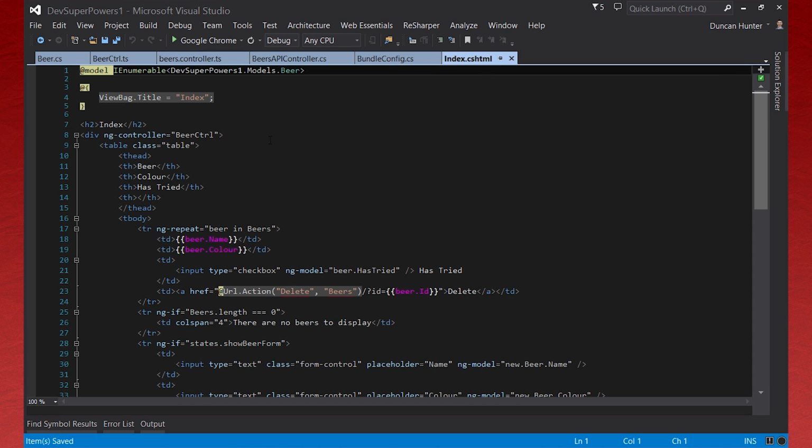So we flip over to our index. Currently we're referencing the old beer controller, and if we wanted to reference the new beers controller, we can't just do this anymore because we've got namespacing. We actually have to go app.beers.beersController,